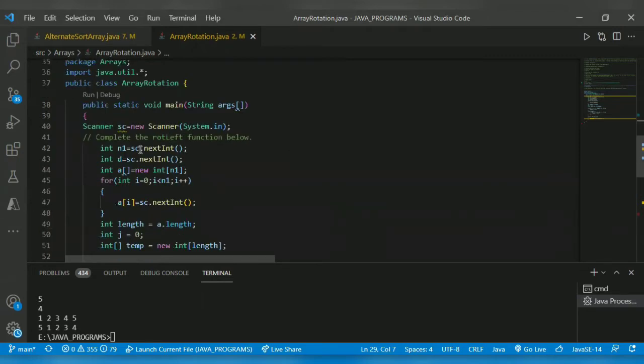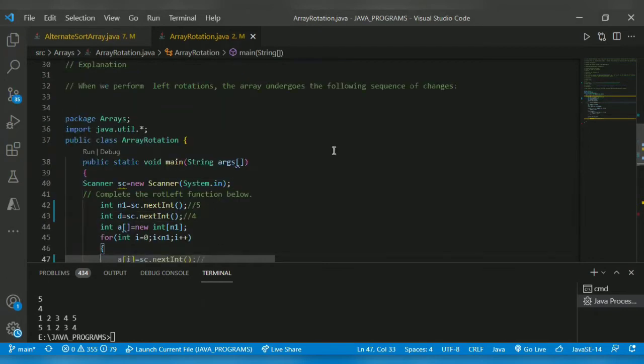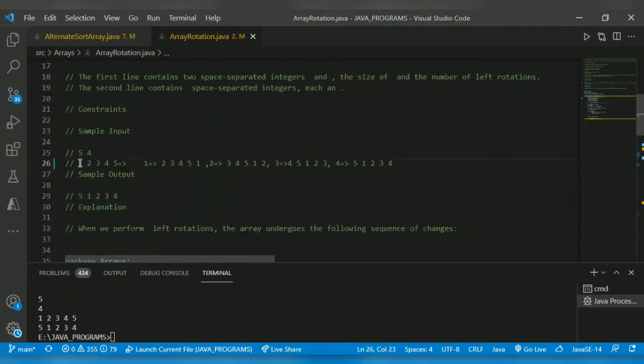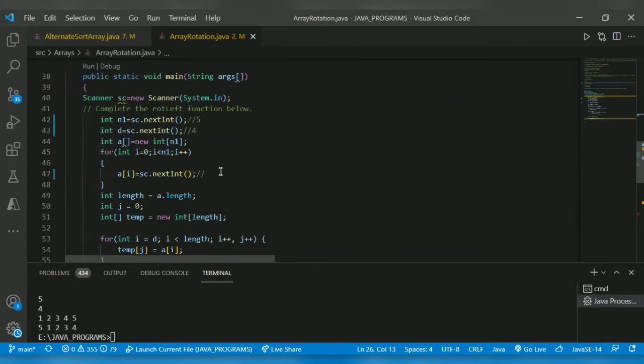As usual, we get size from the user, which is 5. Then the number of times the rotation will occur, it's 4. Then I declare an array of size 5. Here, the array will get stored in this manner. For example, for a of 0, element 1; for a of 1, element 2 will get stored.